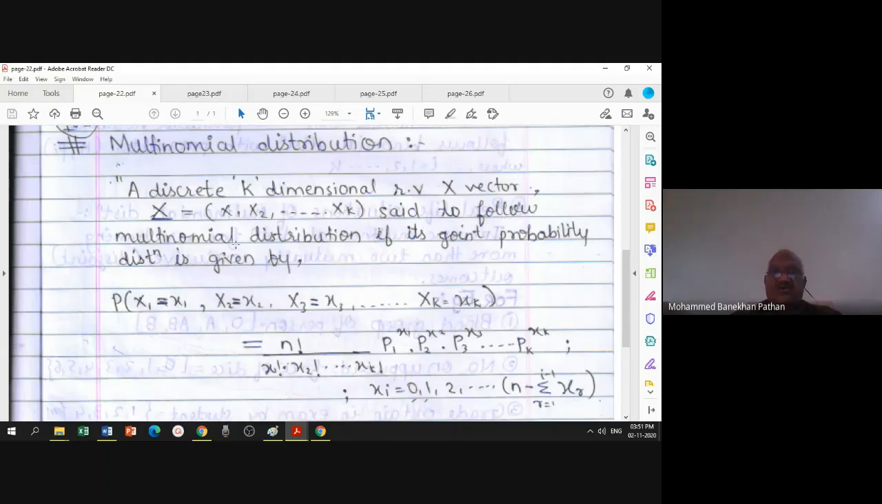It is said to follow multinomial distribution if its joint probability distribution